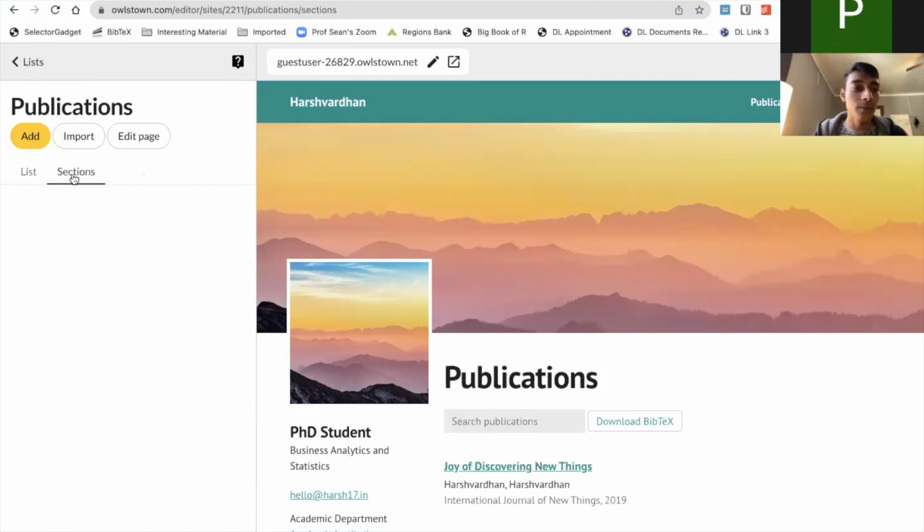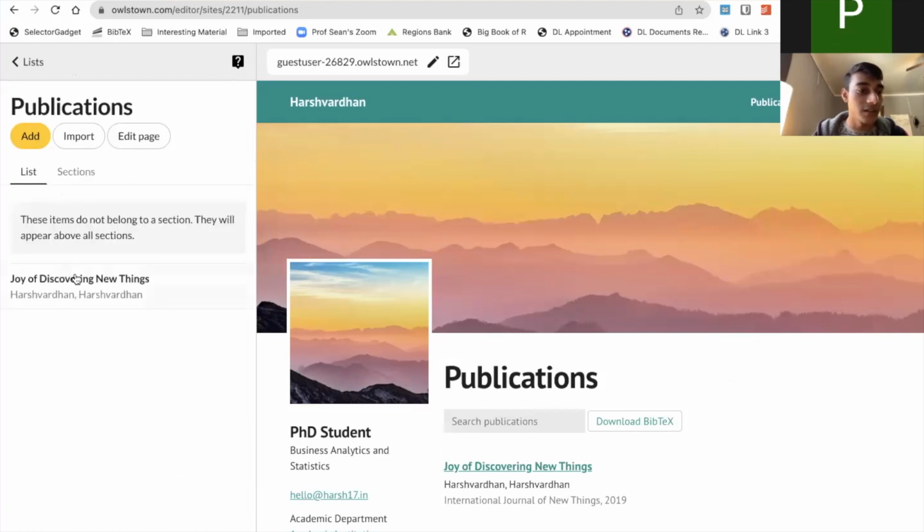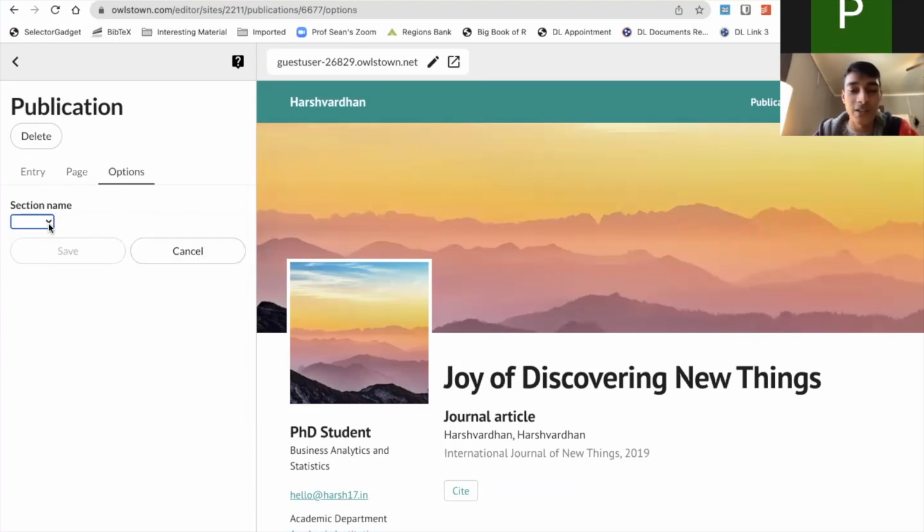You can also have some sections. So not here, sorry. Let's say you can have some extra links. So let's say you later on wrote an instructional blog about the research paper that you published. So you can add the link to that blog here. Sometimes you can also put in a separate section name, like let's say other, and in that case it will put it in some other section.